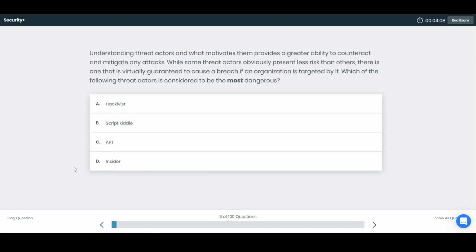Understanding threat actors and what motivates them provides a greater ability to counteract and mitigate any attacks. While some threat actors obviously present less risk than others, there is one that is virtually guaranteed to cause a breach if an organization is targeted by it. Which of the following threat actors is considered to be the most dangerous? Wow. Okay,